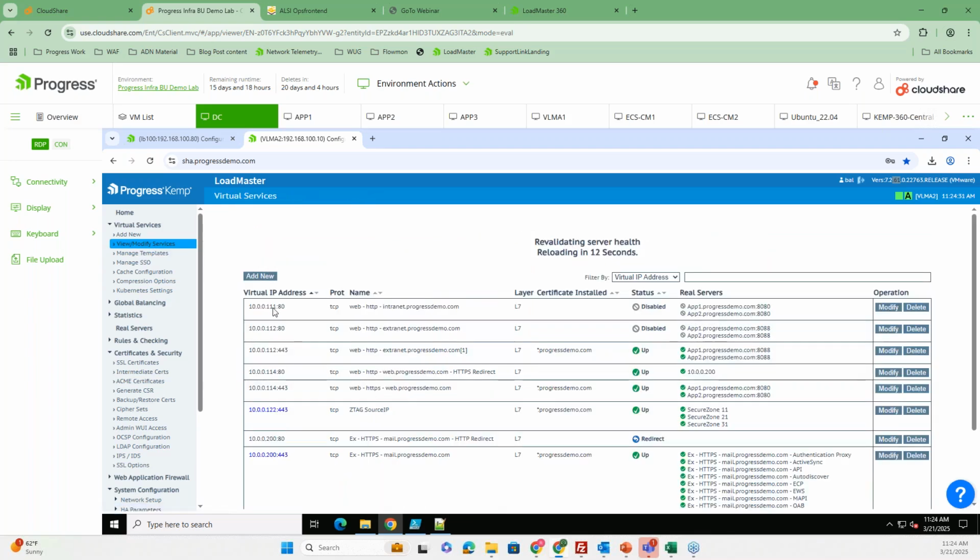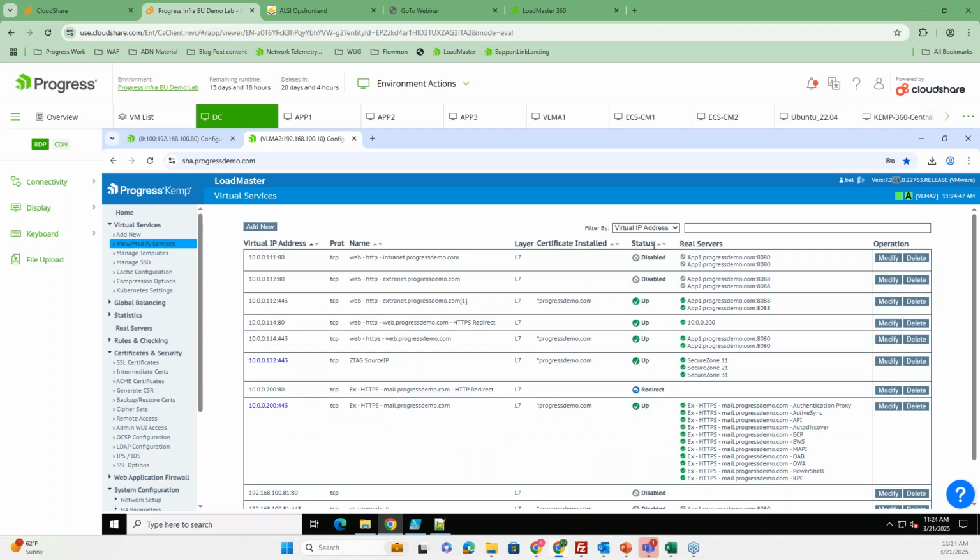And as you see now, I have a copy of it. It's even disabled, everything there. As I said, right now I changed the name and I changed the port of my real servers. But other than that, the entire config is identical. Right. So that's how to duplicate a service.